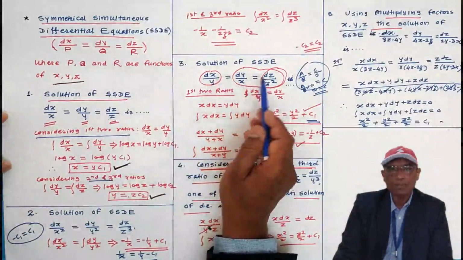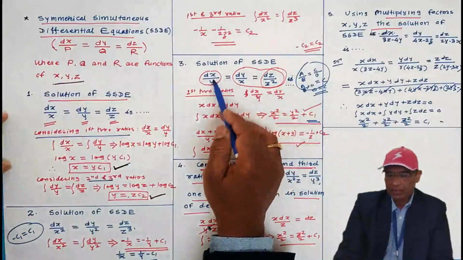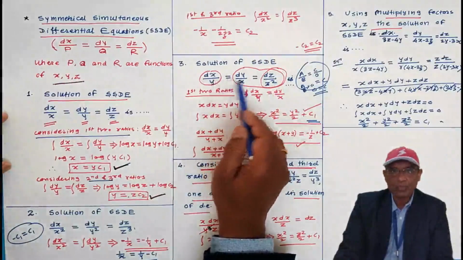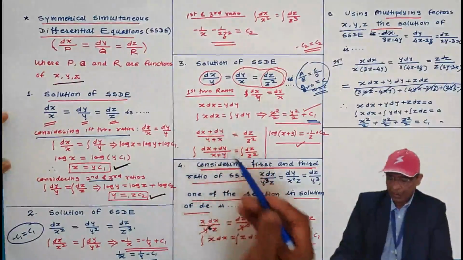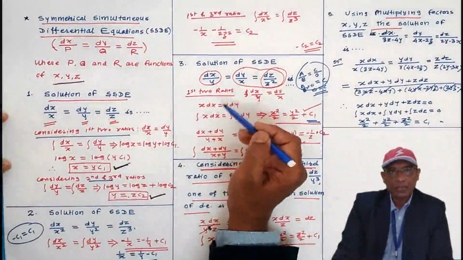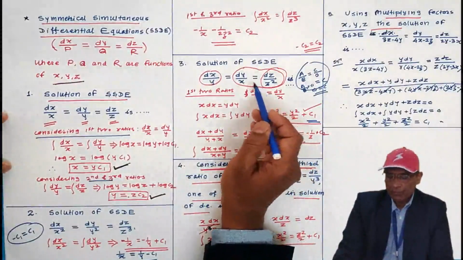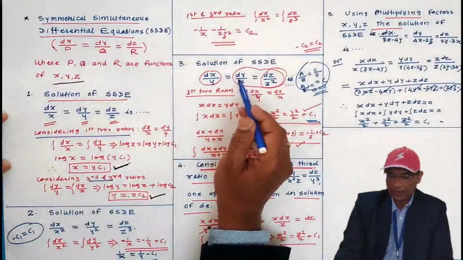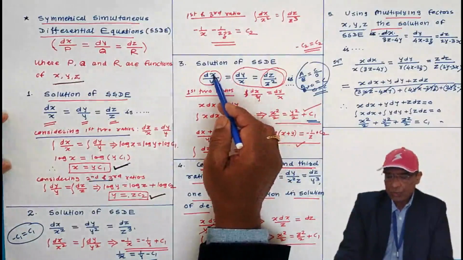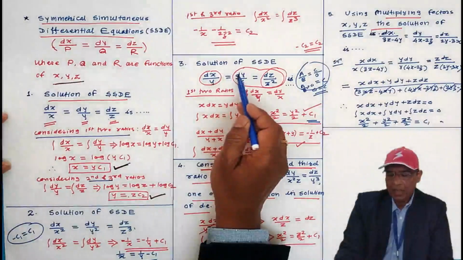Means we cannot equate the ratios further. Here the first of two ratios we have equated and it was possible. But now in other ways we have to find out the solution. So if you look at this differential equation carefully, and if you add these two numerators, and by ratio and